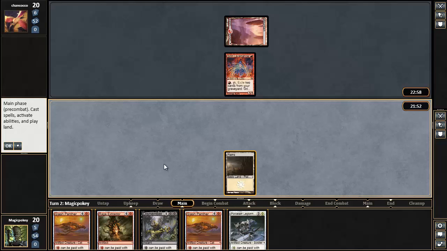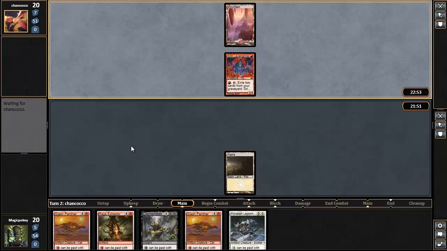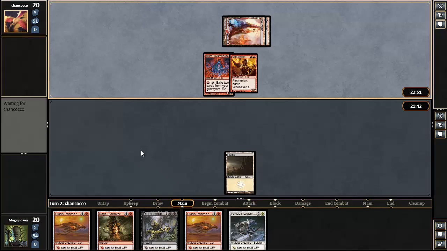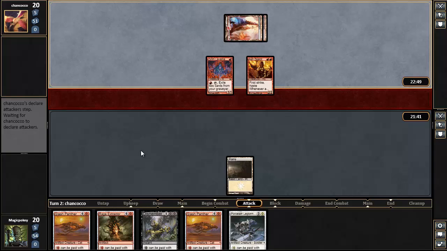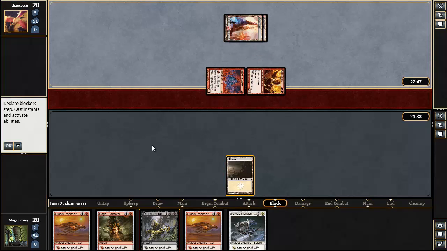Porcelain Legionnaire. Nope, was not a land. F6ing. I can Dismember for 4 life and the plains here, so if he plays a creature I don't like, I can blow it up. Ash Zealot. First strike, haste. Whenever a player casts a spell from a graveyard, 3 damage to that player. Oh, okay. Doesn't stop me at all. I mean, it's a 2/2 with haste, but not that worried about it. I'd rather take 3 than 4 here, so...